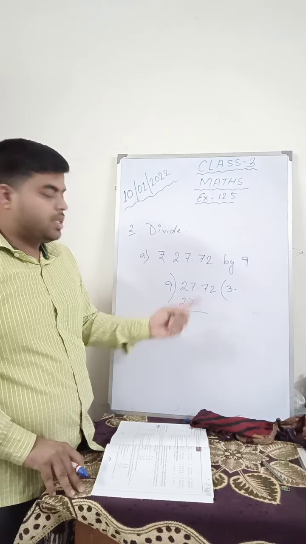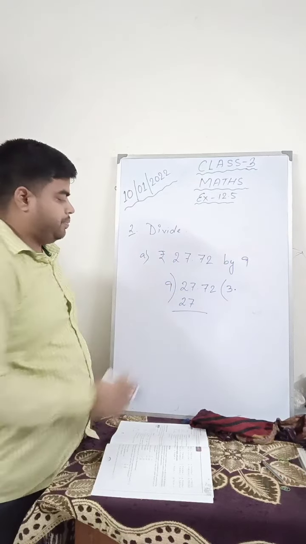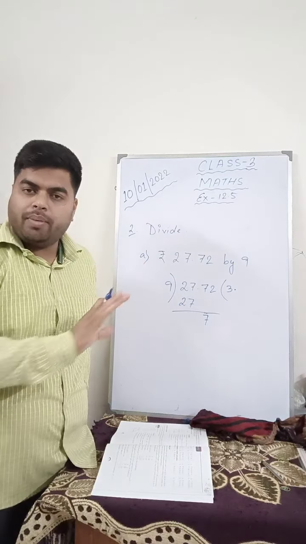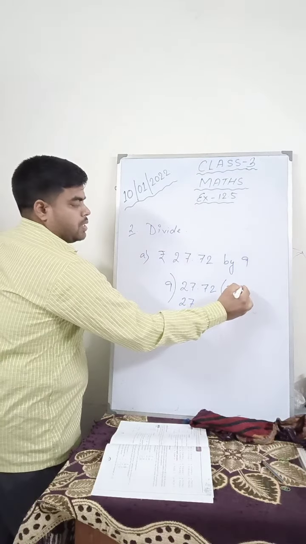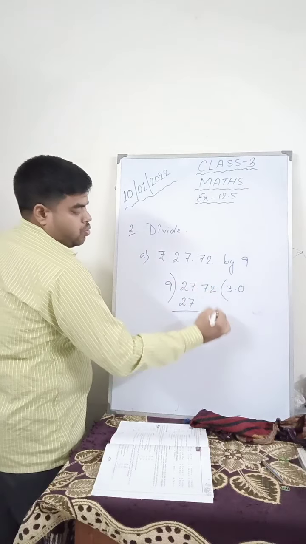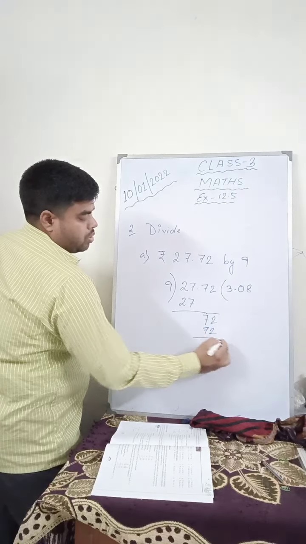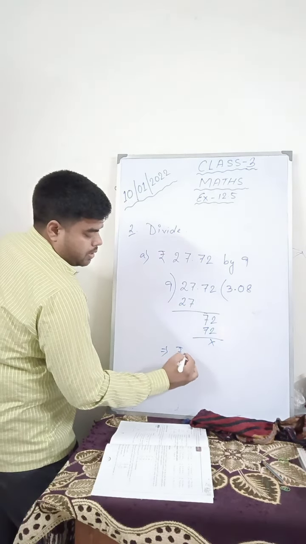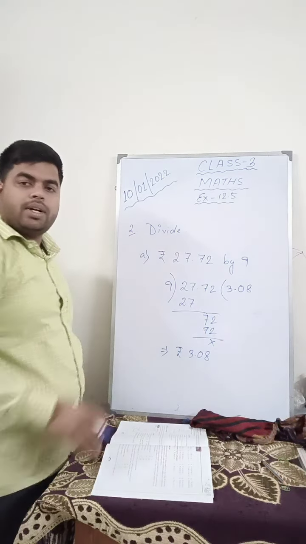What can you see next? You can see the decimal next. So just simply put the decimal there. 7 comes down. 7 is not divisible by 9. So what do you have to do? To bring the next digit down, you have to put one 0 here. So 2 comes down. 9 8s are 72. So whatever answer you got, you will write here rupees 3.08. This is your answer.